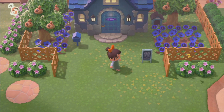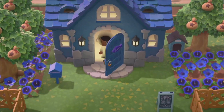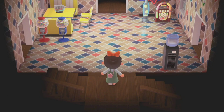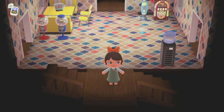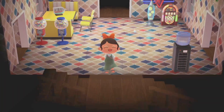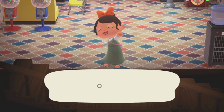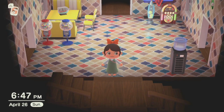BMO's house is kind of boring, so we're only going to show the main room, upstairs, and downstairs. We're not going to go into depth really. It's nothing special. She has roaches. Like, I don't play on her every day. What happened? This isn't even my house, but oh